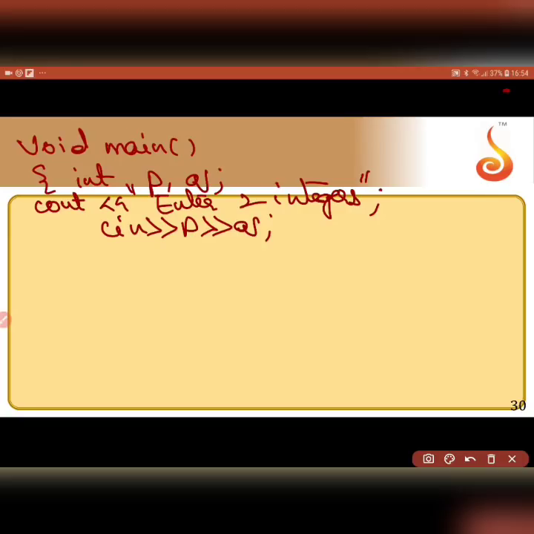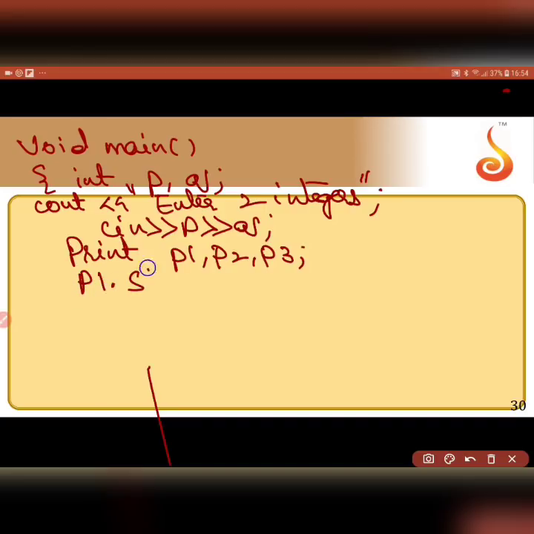After that I need to create an object. Without creating, memory will not be allocated to the class. So I will say print p1, p2, p3. I will have three objects, p1, p2 and p3. Now I say p1 dot show of p comma q.